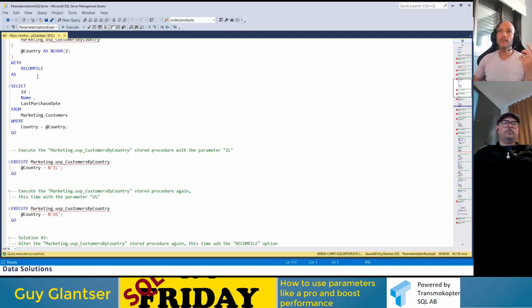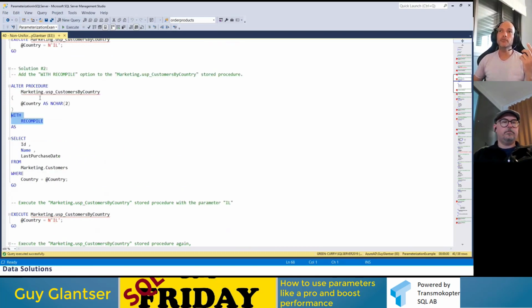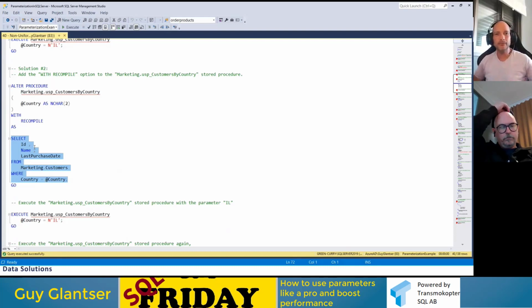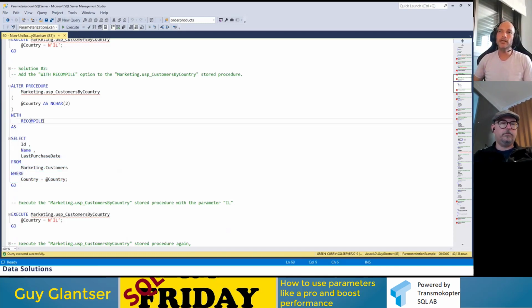With recompile, you put it here at the stored procedure level, in the header of the stored procedure. Now, we only have a single statement in the stored procedure, but imagine, of course, I'm sure that you have stored procedures with 20 or maybe 100 different statements, a whole batch, a whole process. So if you have many, many statements in the stored procedure, this will recompile the entire stored procedure, all of those statements every time. That's a lot of overhead. And maybe you only have a problem with the fifth statement. You only need to recompile the fifth statement each time.